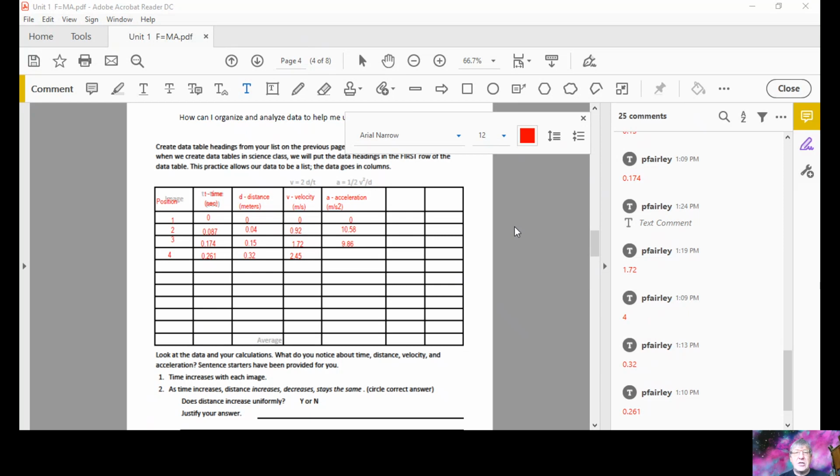So what do I need to do again? I need to find velocity right there, 2.45. I need to square it. I need to divide it by 2 or multiply by 1/2. They are the same thing. Hit the equal sign. Then I have to divide by d. D was 0.32. Divided by, make sure you get those decimals in there, 0.32 equals